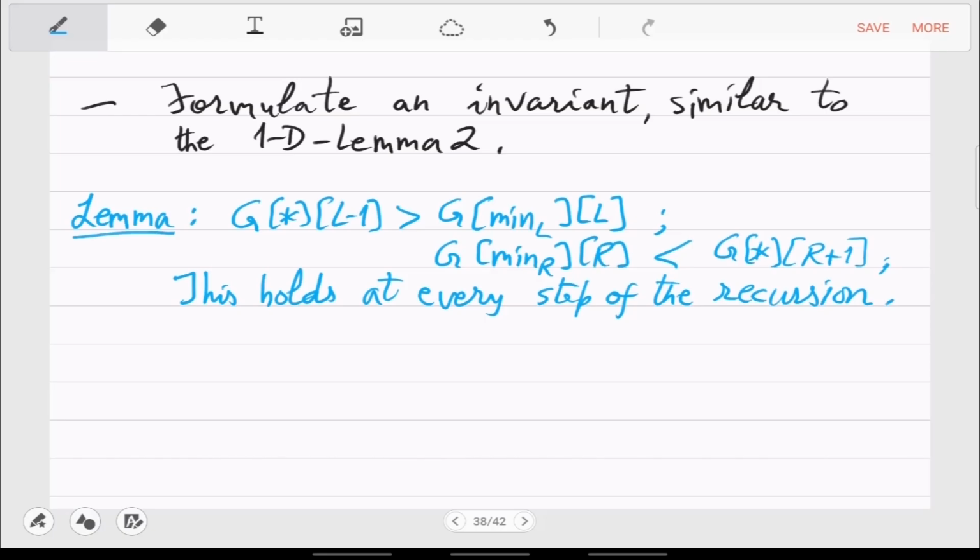Yes? So does that mean that the minimum of the rth column is smaller than the global minima of the R plus? That we don't know, right? We haven't even seen the submatrix fully. So how can we write this statement? No, maybe the definition of min L is not clear. Min L is just the location of the minimum entry in the L column. It's only a statement about the Lth column.